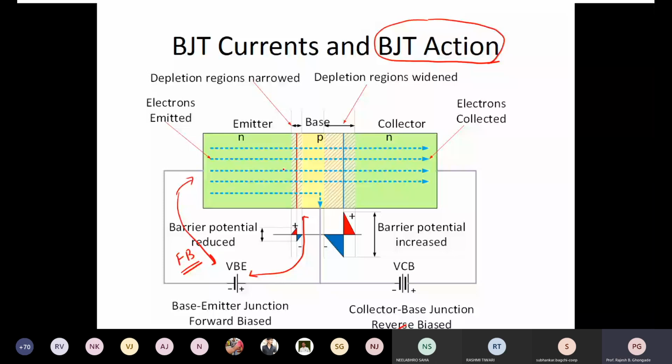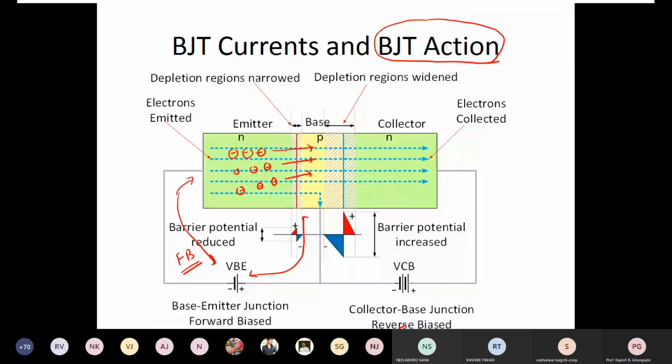All the electrons in this region will go here. All the electrons will start going into this region. Forward biasing, no? It is forward biasing. So electrons are now going into this region. All right. Okay. यहाँ तक तो आ गए.